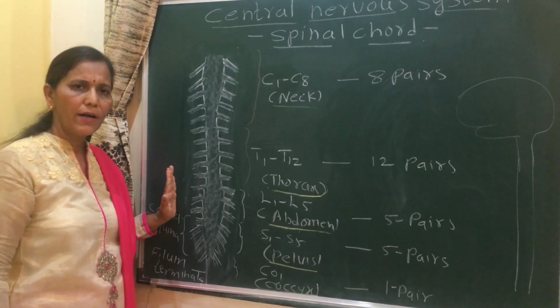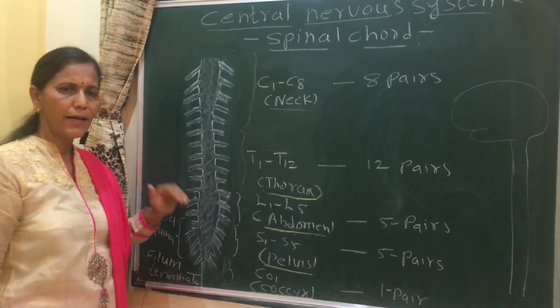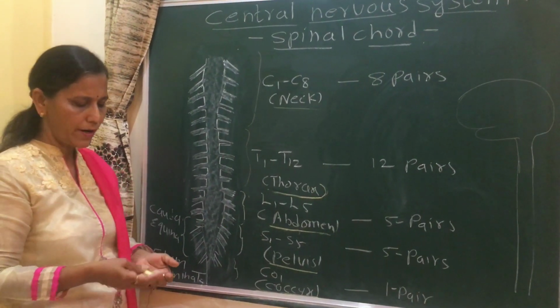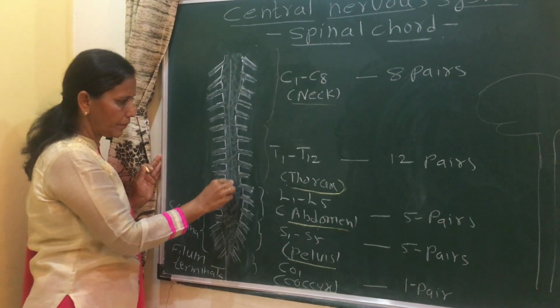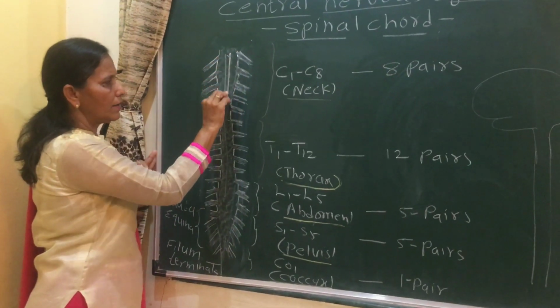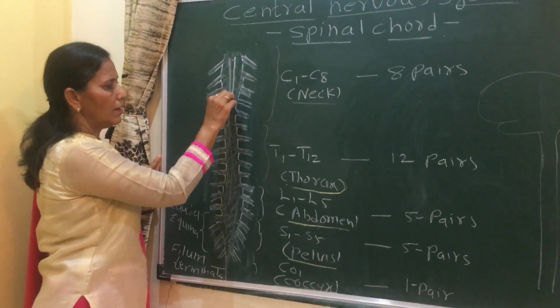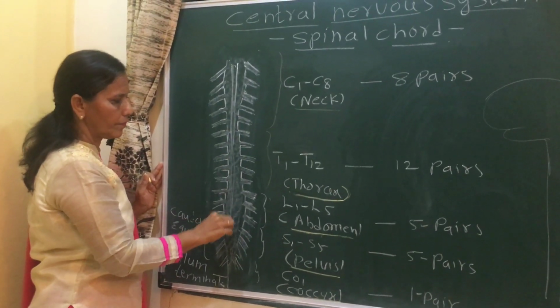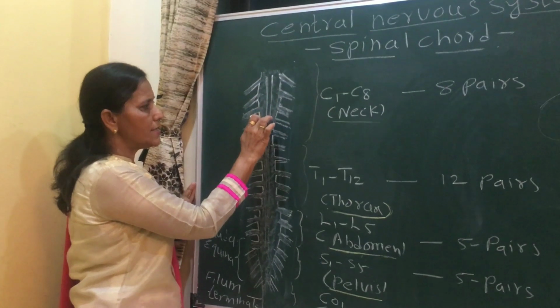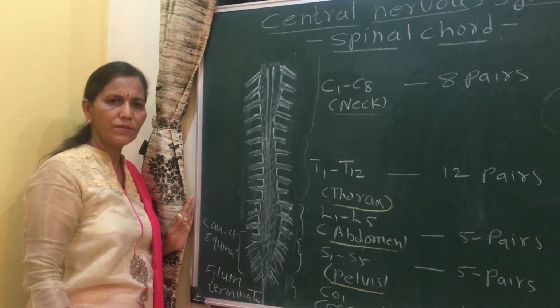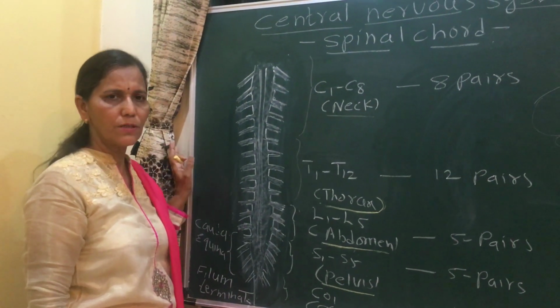Our spinal cord is a whitish mass and it is tubular. As we are chordates, it is tubular, meaning it is hollow inside. Here a canal is there. It is hollow, tubular, single. It is a whitish mass and it produces the spinal nerves.